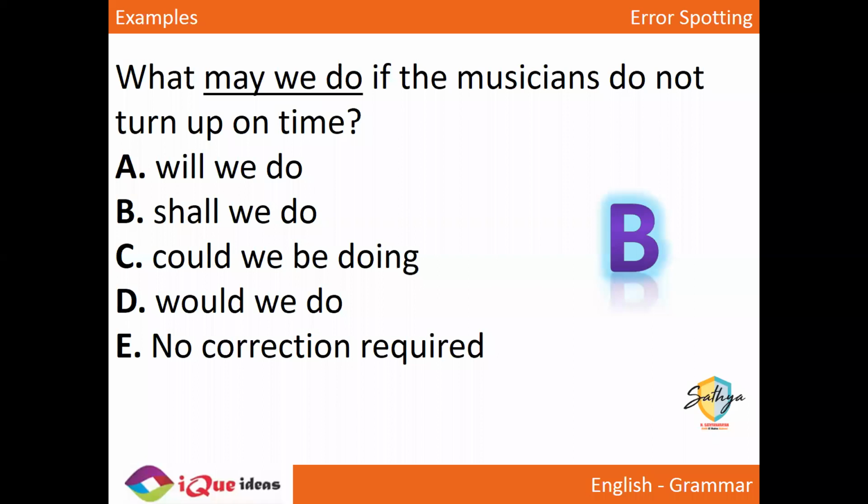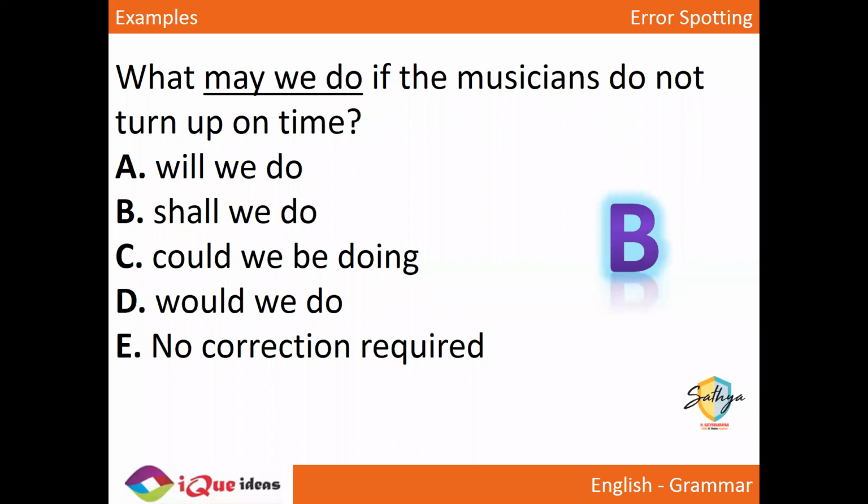Kirti, what would we do if the musicians do not turn up on time? Nahin, what would we do is as if there is a preset protocol and you're just saying कि okay, this is the thing which is supposed to be done. But here you are wondering कि हम क्या कर सकते हैं. So what would we do? नहीं, what shall we do if the musicians do not turn up on time? नहीं आए तो क्या करें? So the best usage is B, not D.